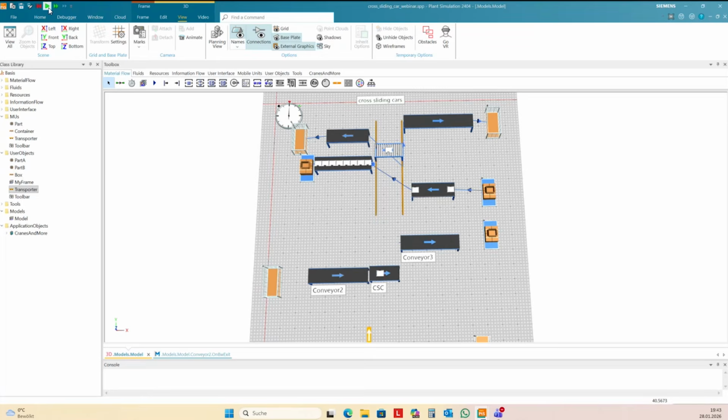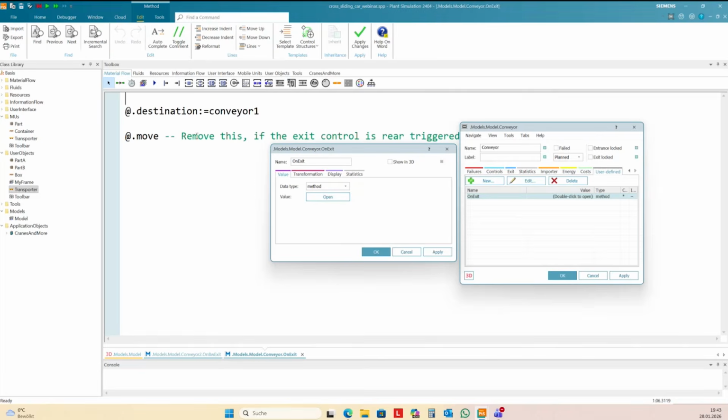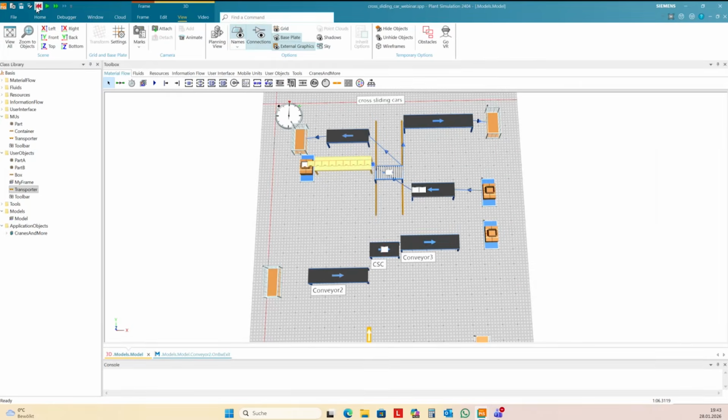Can you do the other one to go that way also, instead of going up, to have it go to 7 also? Yes. Still working.